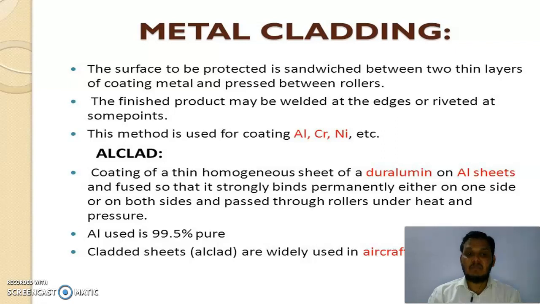Coating material. And the applications of the metallic cladding process: aluminum cladded material is used in what? Aircraft industry. Nickel and nickel alloy cladded material is useful for making the storage equipments in what? Soap industry, rubber industry, chemical industry, petroleum industry. Then the copper cladded steel is used in electrical industry because it has good electrical conductivity properties. So these are the applications of your metallic cladding process.